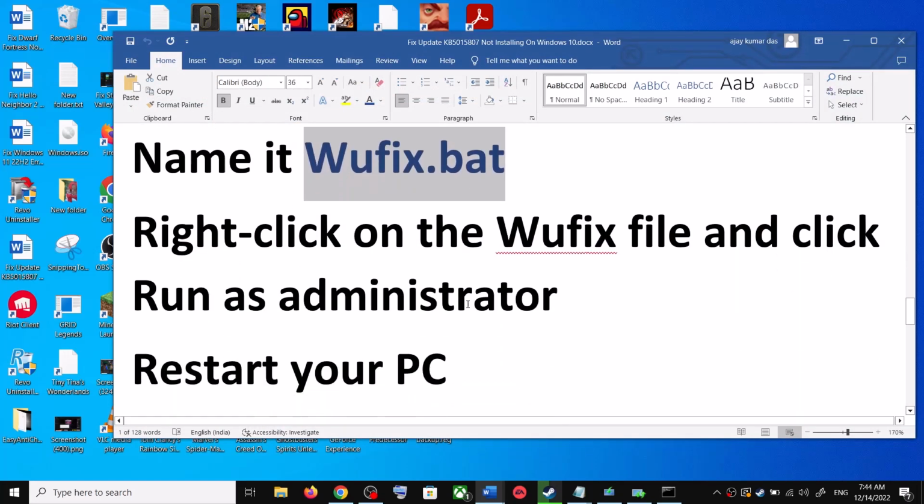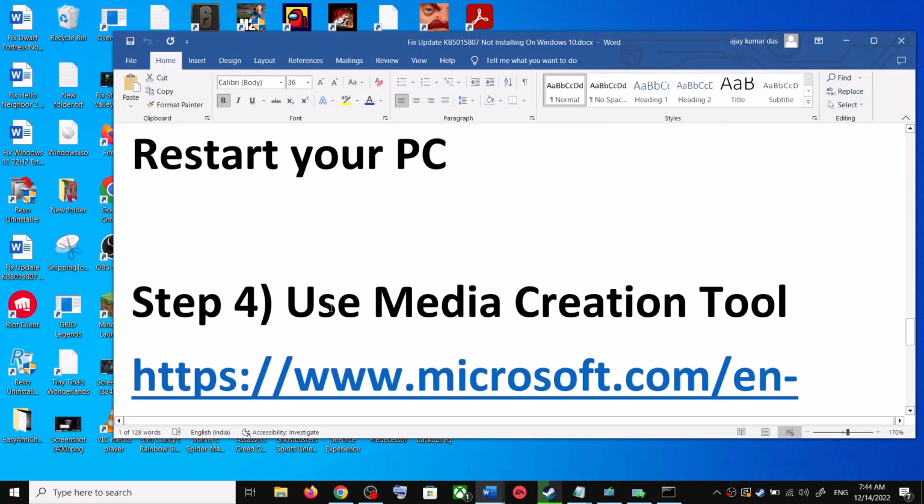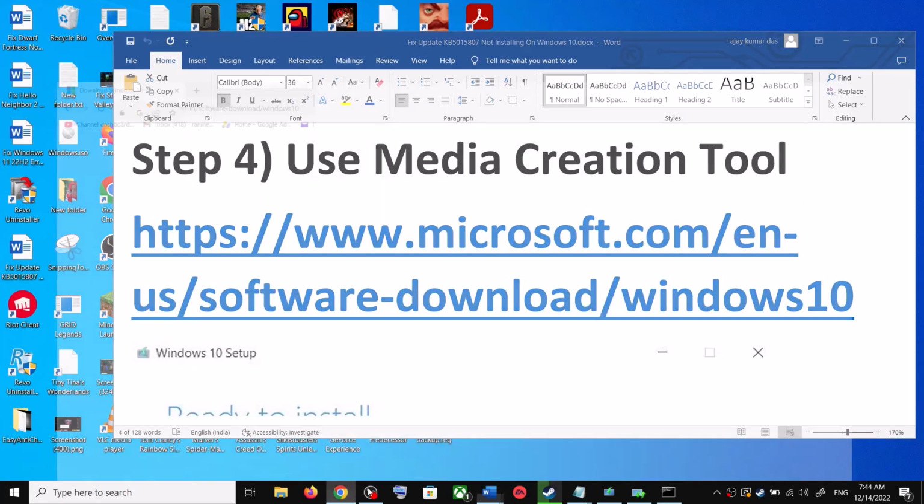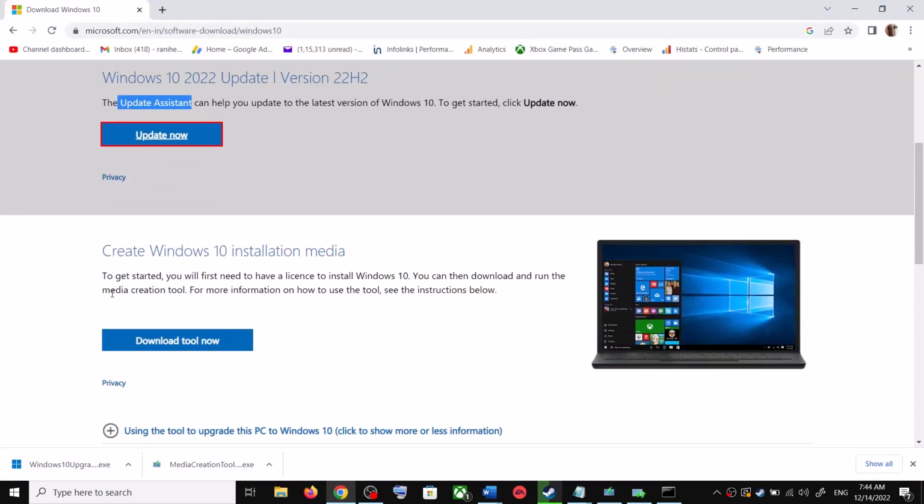Now the next step is, still you are unable to update. In that case, use media creation tool. This is the last step. So you can again go to this website. Now scroll down. Over here you can see media creation tool. Click on download tool now, and once the download is complete, run this exe file and then you will see